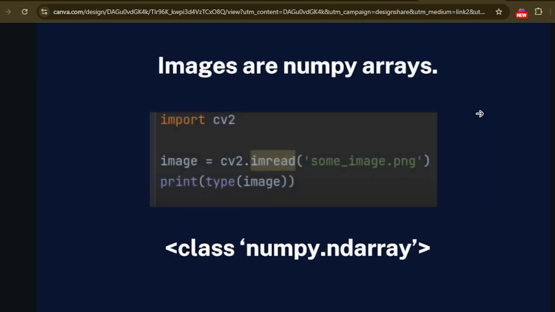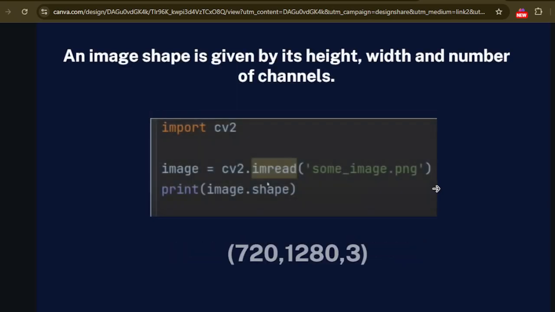So images are basically NumPy arrays. If you're familiar with Python, you would know that NumPy is a package in Python that allows you to perform a lot of computational and numerical operations upon arrays very efficiently. They are different from our normal arrays because they're much faster and much more efficient. You can print the type of the NumPy array using the type method, and you will get the class numpy.ndarray, where ndarray stands for n-dimensional array. So you can perform all of the operations and methods that you can perform on a NumPy array on an image, because an image is actually a NumPy array.